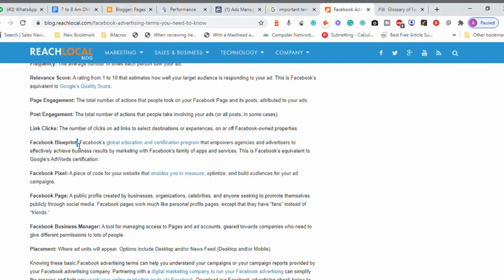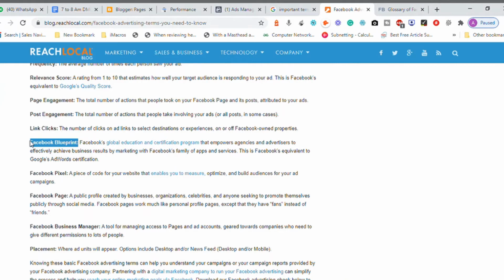And there's something called Facebook Blueprint. This is the training program for Facebook advertisement. If you want to handle international clients and generate business out of it, you need to clear Facebook's Blueprint certification. There are clients who are flocking around people who have completed a Facebook Blueprint certification. Once you have completed it, automatically you will get more job opportunities related to Facebook ads.